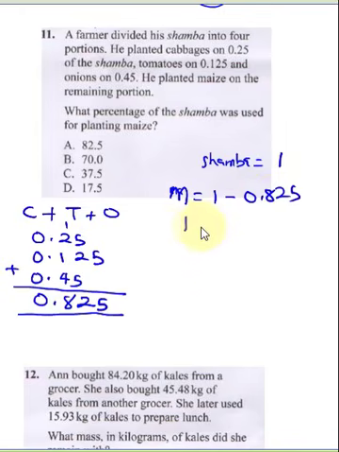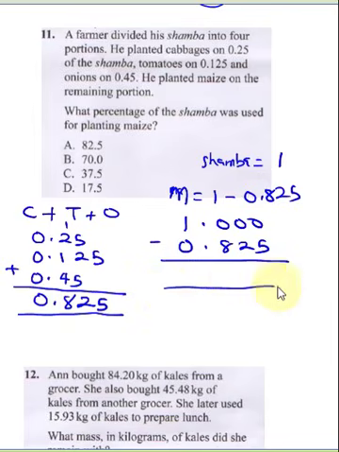So let's do 1.000 subtract 0.825. So when you do this, 1 cannot go, you cancel, here remains 0, and you put 1 here, so this is 10. You cancel 1 here, here remains 9, you put here is now 10, you cancel again, here becomes 9, and you put here, so 10 minus 5 will give us 5, 9 minus 2 will give us 7, 9 minus 8 will give us 1, and this is 0 minus 0, that's 0. So for maize is going to be